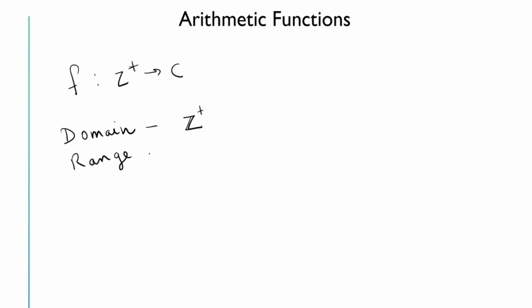If you take an arithmetic function, it is a function from positive integers to the complex numbers. In our class 11, we have studied about domain, the codomain and range of a function. So, arithmetic functions are those functions whose domain is the set of positive integers and whose range is a subset of complex numbers.